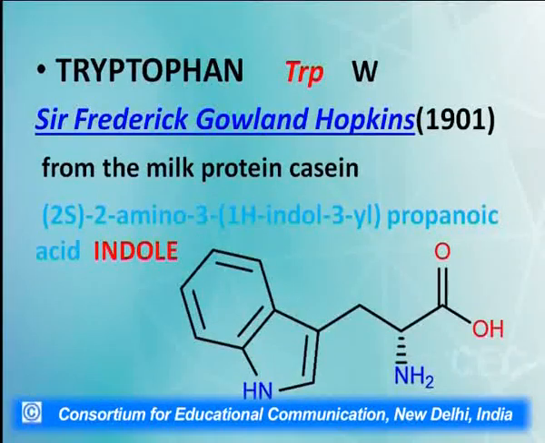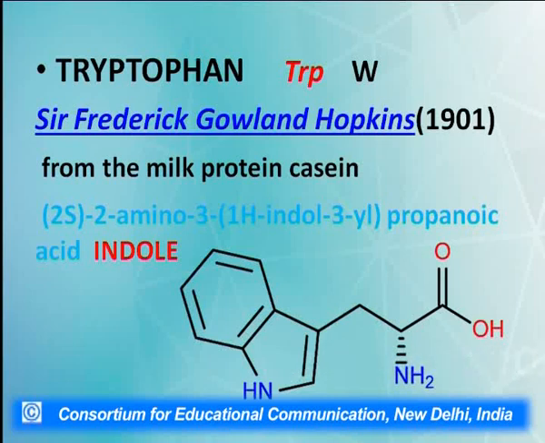The next amino acid is tryptophan. Tryptophan was isolated from milk protein casein by Sir Frederick Gowland Hopkins in 1901. In tryptophan, the side chain has an indole ring in it. Now, what is an indole ring? An indole ring has a 6-membered ring which is fused to a 5-membered ring, and indole is a heterocyclic aromatic compound,